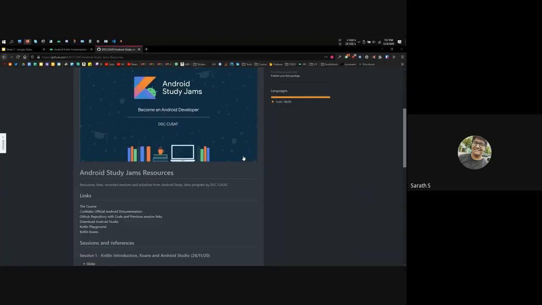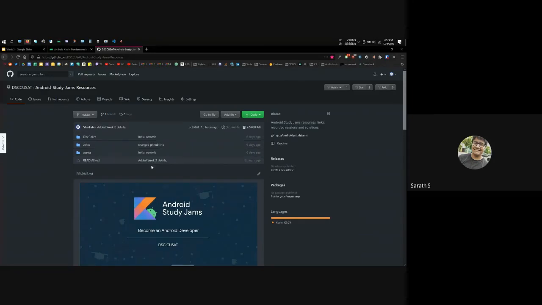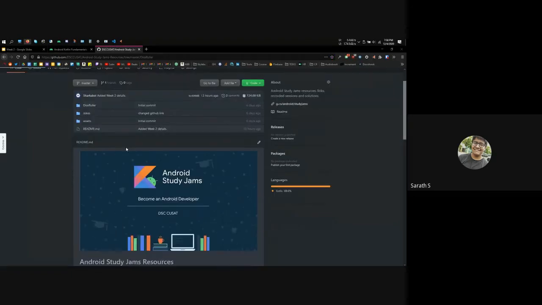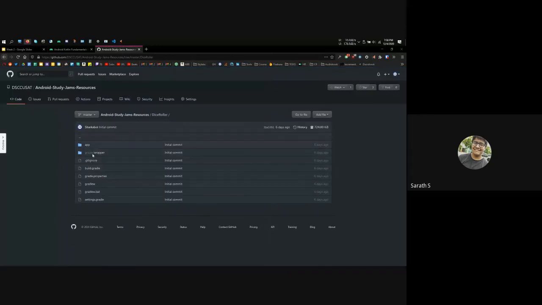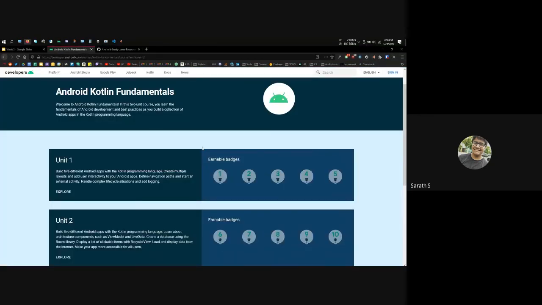So if you want to look at the code, you could just go to the GitHub link. I'll post that as well. Just go to our GitHub link, and you could view the code which we viewed today as well. I have already uploaded the jokes part if you want to look. And then there's a dice roller app. So if you wanted to learn about the dice roller app, you could look at it here. They also provide the code for their part in Codelabs. Yeah, that's the basics of today's session.